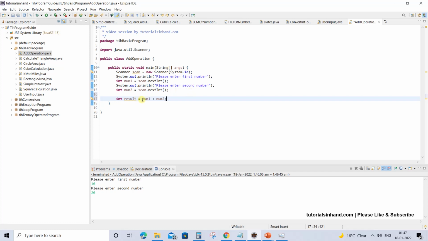Now the addition of num1 and num2 is assigned to result, and the result needs to be printed. If you don't write syso and pass on a message like the result is equals to plus, that is result, then you will not see the result on the console even though you have written this instruction.